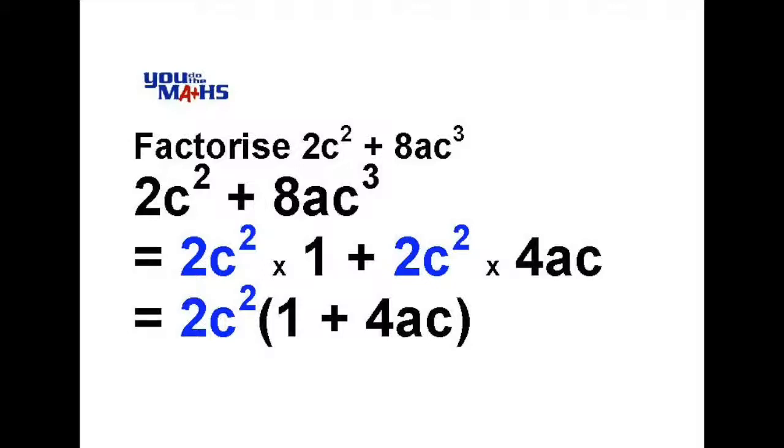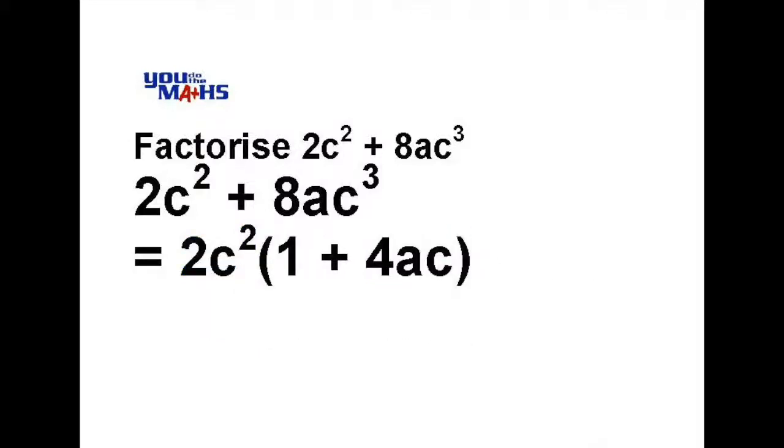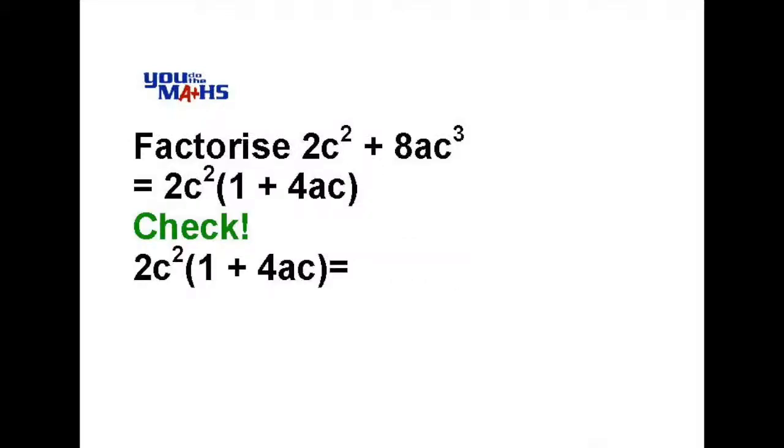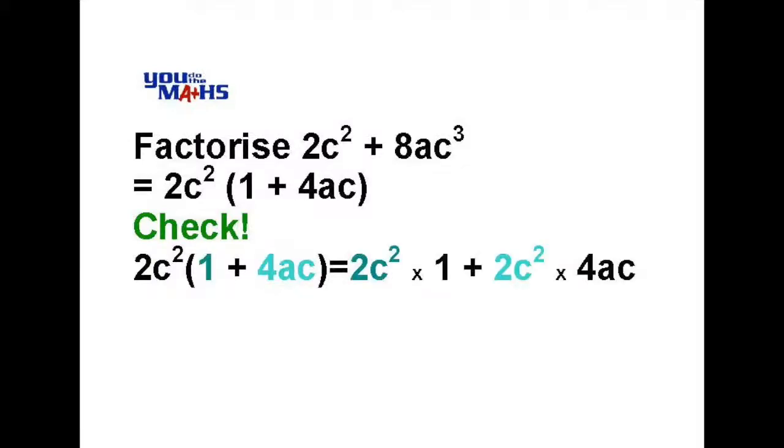Of course, in time with practice, you can write down this is your final answer. It's wise to check this to see that if we expand the brackets, we get back to our original form. Now, the 2c squared can be multiplied by the 1, and then we add 2c squared multiplied by the 4ac. By doing that, 2c squared multiplied by 1 is just itself, so 2c squared, and 2c squared multiplied by 4ac